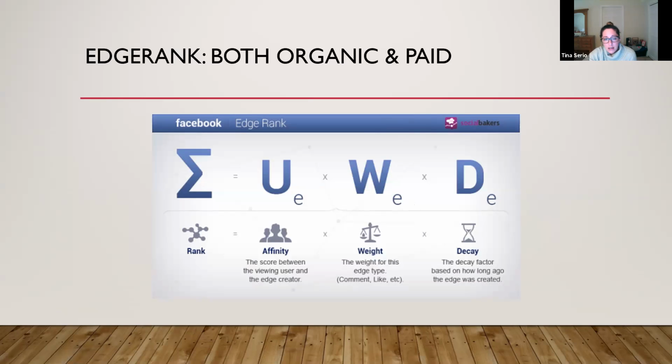Affinity is based on the score between the viewing user, your end user, and the person that created the post. The weight will be based on different engagement metrics, like people commenting or liking or interacting with your ad or your post. And then decay, that's the time piece: how long ago your ad or your post was created.